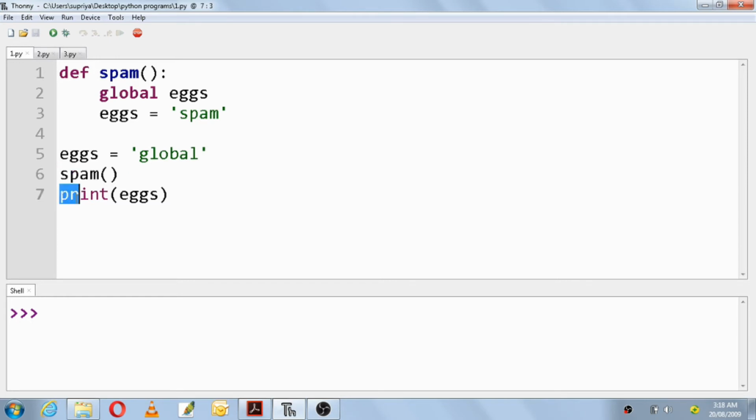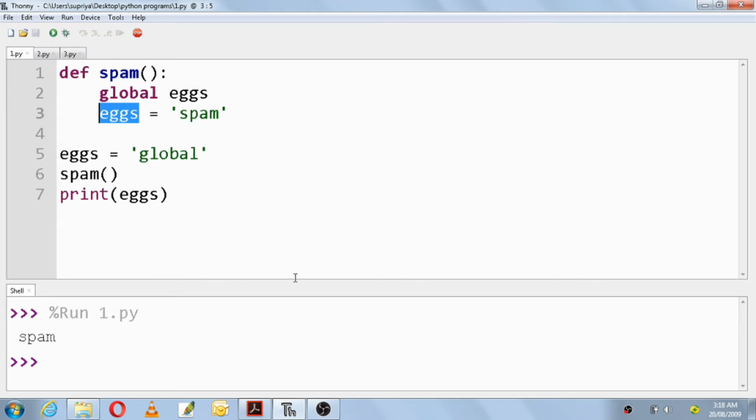After that function call ends here, it will print the value of x. There are two values of x here, one is global and one is spam, but as the value of the global variable x has changed to spam, the output will give spam. So Control S, F5.